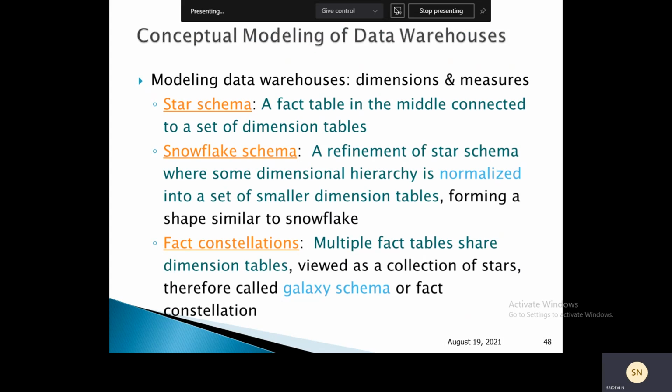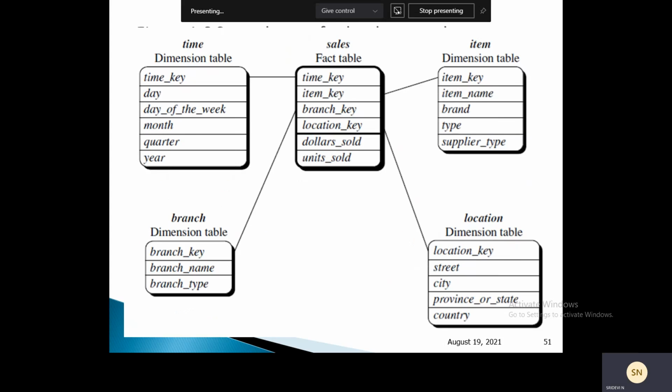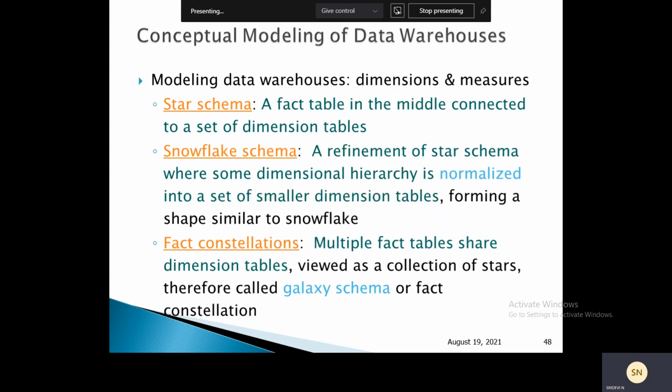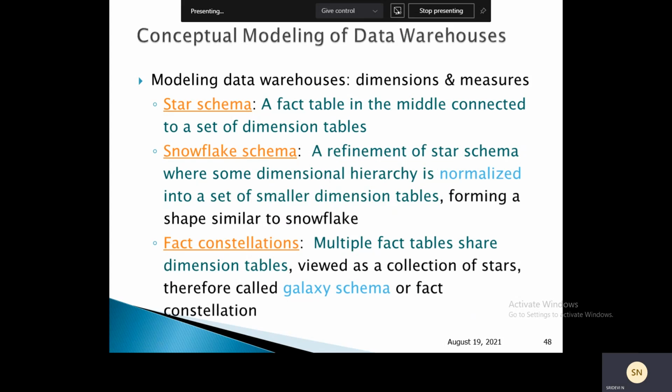The star schema of the sales data warehouse. Let's see whether we have it here. Yes. We will go through the definitions of the different types of schemas and then see them in detail. In the star schema we have a fact table in the middle connected to a set of dimension tables. The snowflake schema is just a refinement of the star schema where some dimensional hierarchy is normalized into a set of smaller dimension tables, forming a shape similar to a snowflake.